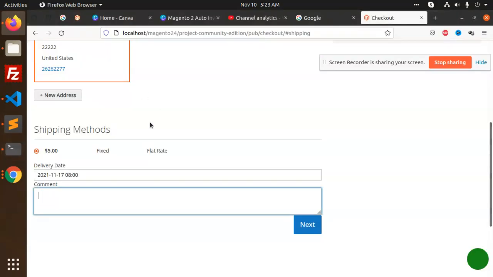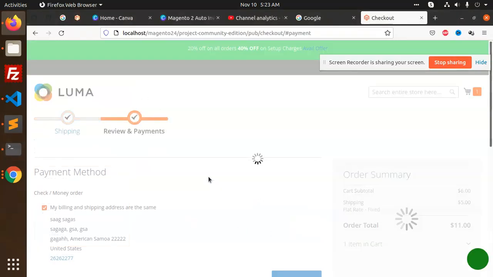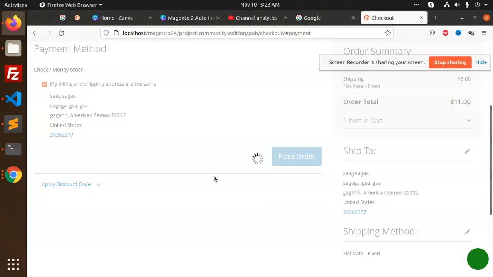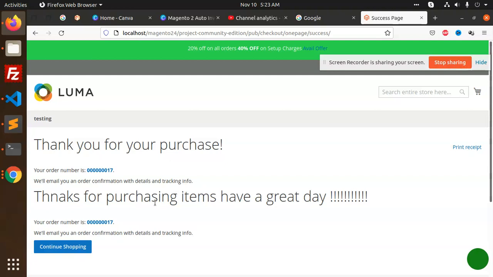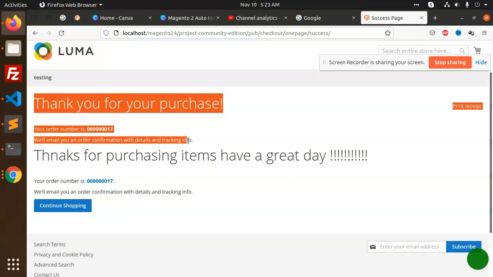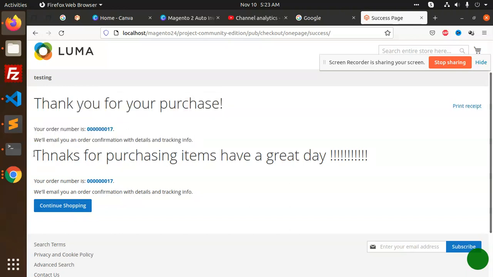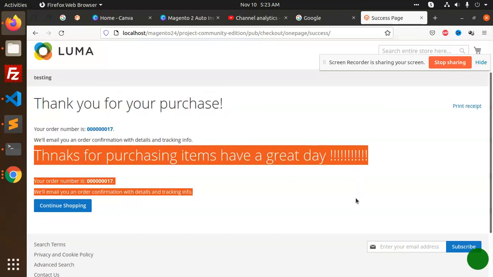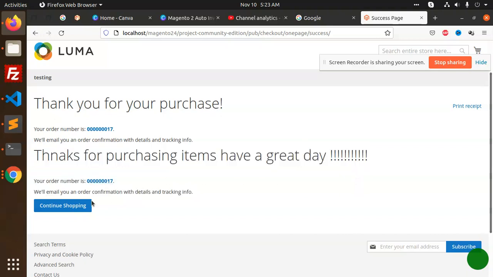I'm not placing the order. So I think this is before, and after that we are adding this part. Your order number, we will email an order confirmation with details, tracking info, then continue shopping.